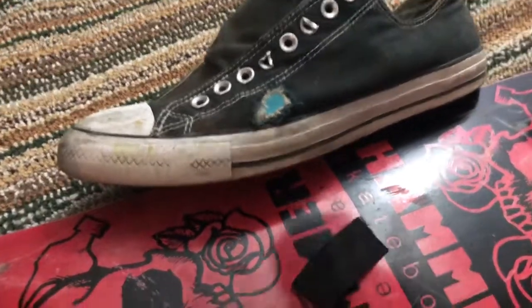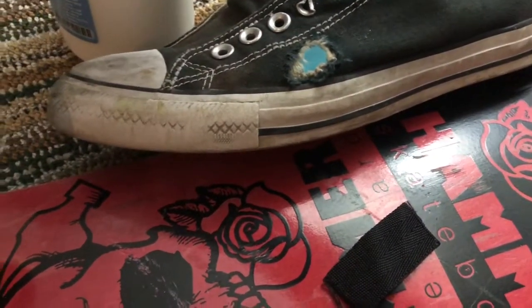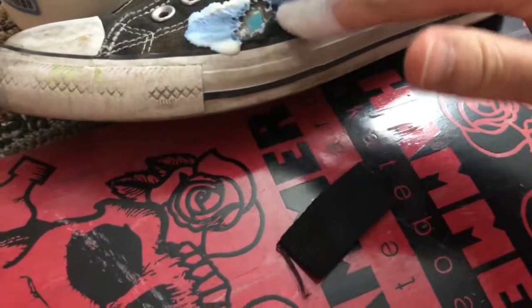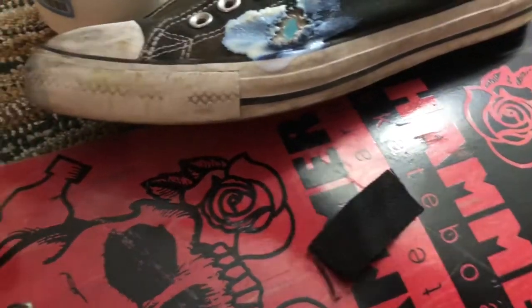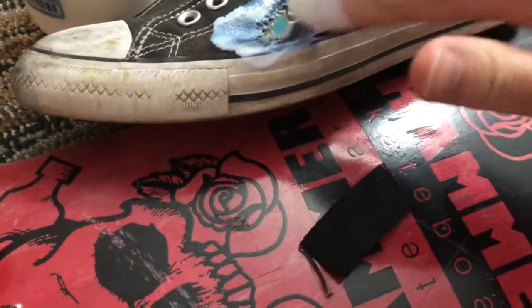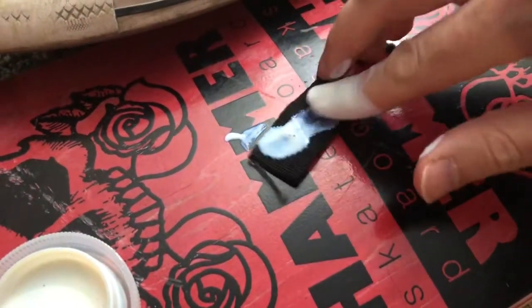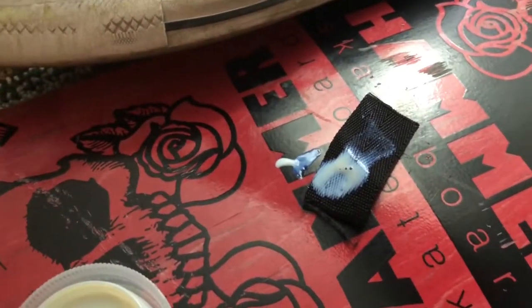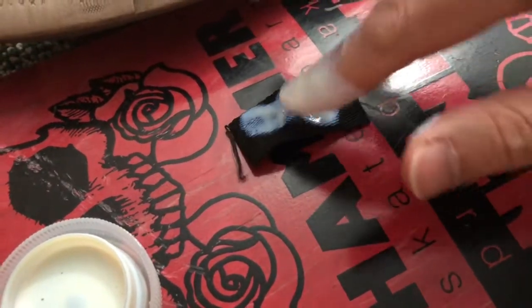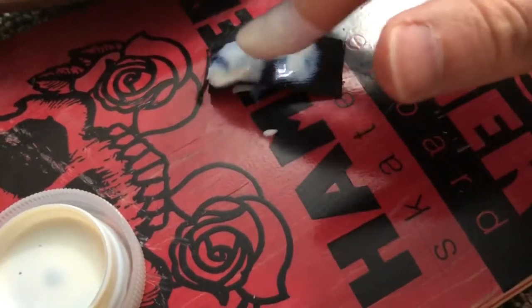So the way contact cement works is there are two parts. You apply the contact cement to one surface, and you apply the contact cement to the other surface. So messy. And with most contact cement,